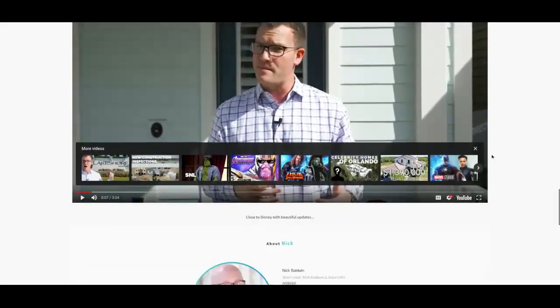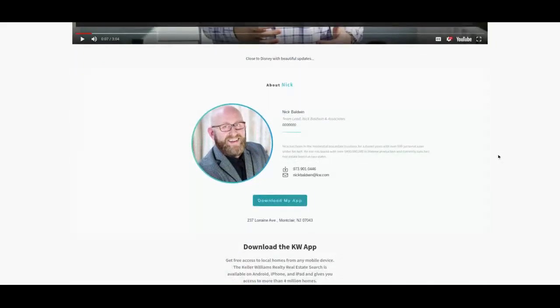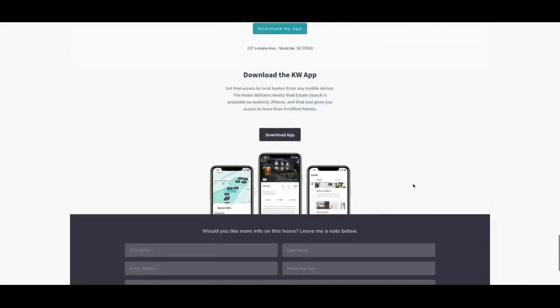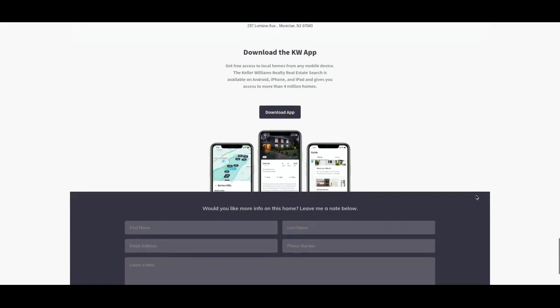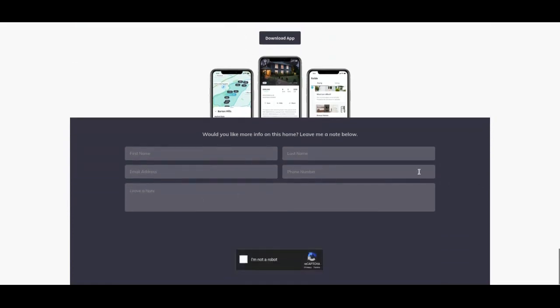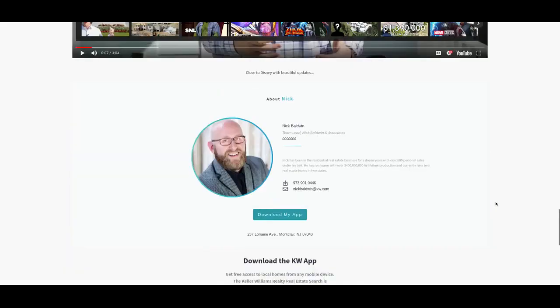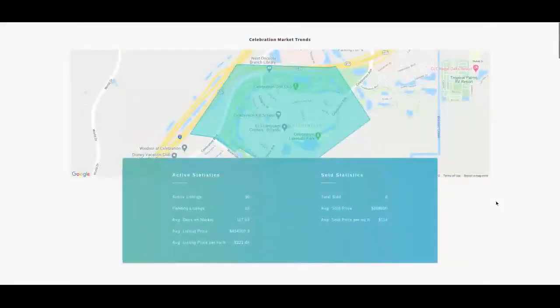Looks good, plays really nicely. Then we've got About Me. Click to download the app here if you like, and then obviously, you know, fill in information if someone wants more information about it. So it's really, really great. This is a perfect opportunity to advertise this type of page on Facebook in an ad, or send it to potential buyers and sellers. When you do the ad,